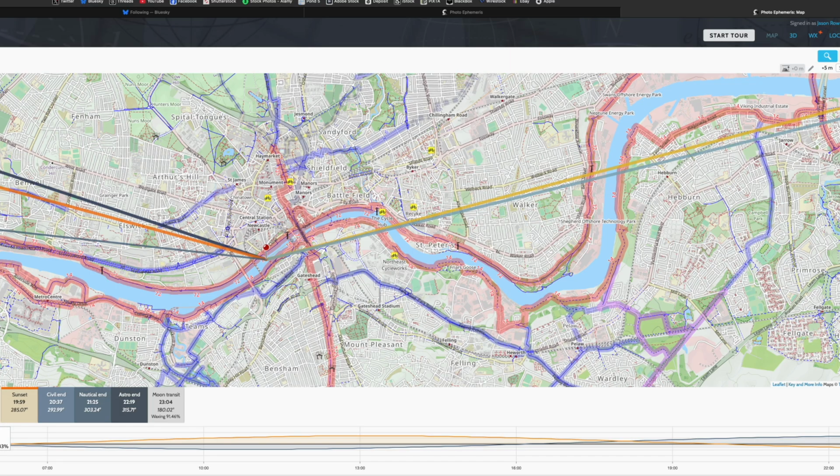Well, I'd love to tell you that it was pre-planned months in advance using an ephemeris and working out where the light was going to fall, planning with weather apps, but it just wasn't. I bought a second-hand Fujifilm GFX and this was the second shoot I went out with just to get some more practice. I got up very early in the morning, headed down to the quayside at Newcastle and just started